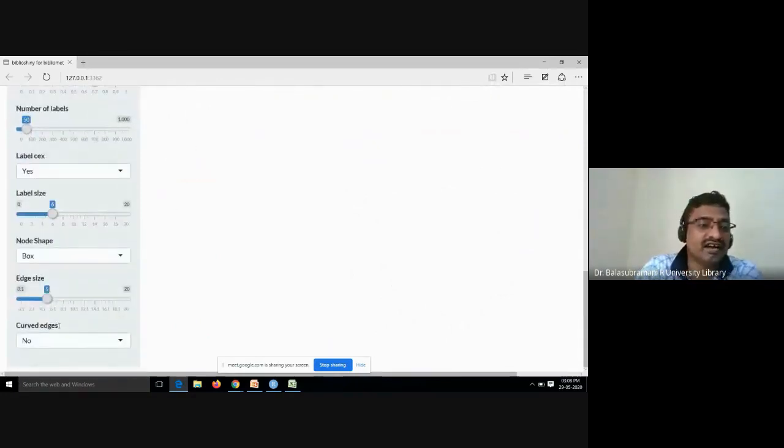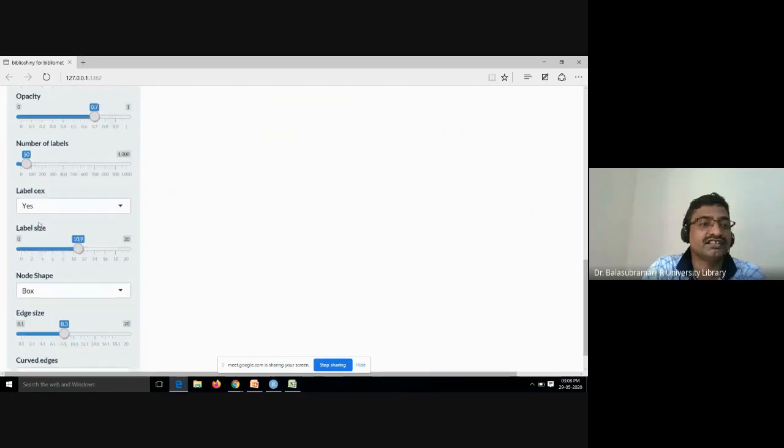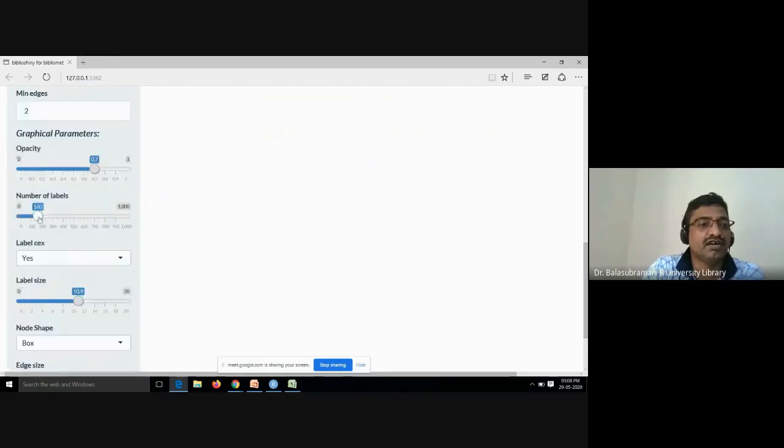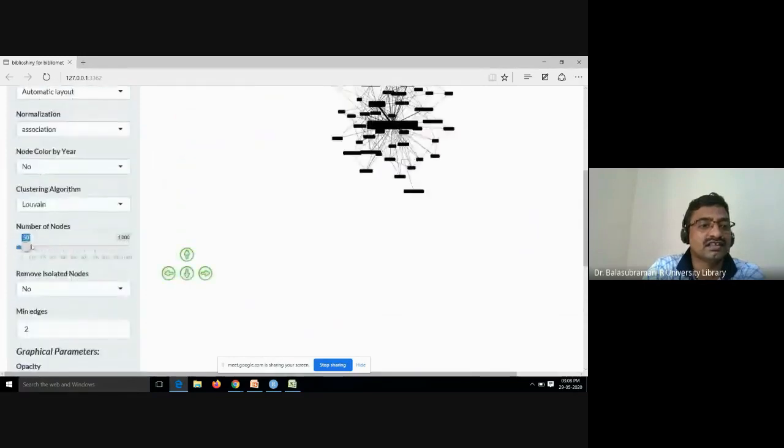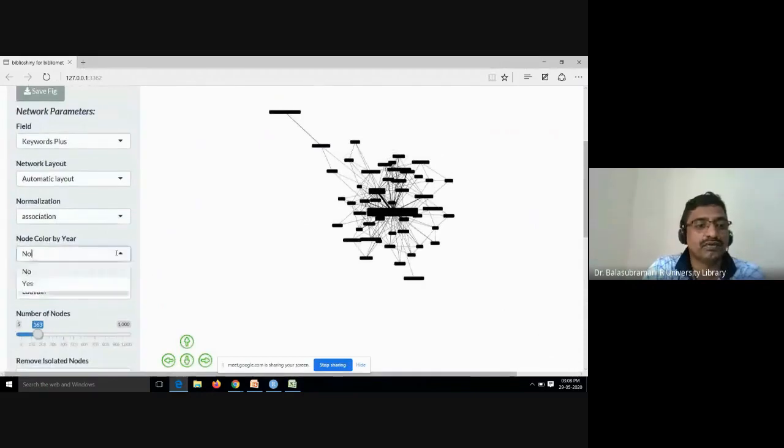You can see a lot of options here: label gaps, curved edges. If you want edge size, label size, you can increase; number of labels also you can increase, minimum edges, number of nodes also you can increase. It's up to you. If you practice, then automatically you will come to know.